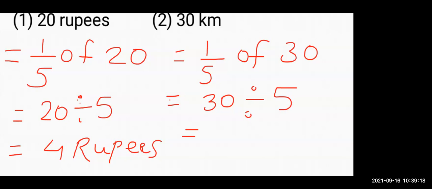Yes, very nice. It is 6 because 5 6s are 30. So here will be 6 kilometer. What will be there? There will be 6 kilometer. Clear everyone? So in this way you are going to solve rest third and fourth sum. That is the homework part for you people. Okay, now copy down in your notebook.